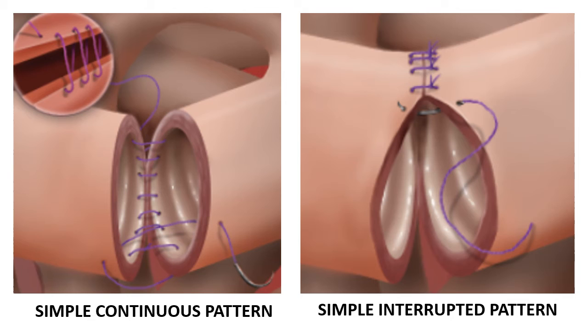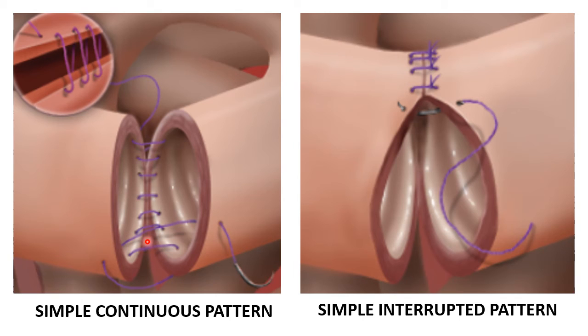In my experience with last year's class, it's true. When they initially tried to use a simple interrupted pattern, we experienced a lot of leakage when we tried to check it. So they transected that area again, because if you get this wrong, for example, you experience a leak after you suture this, you cannot simply